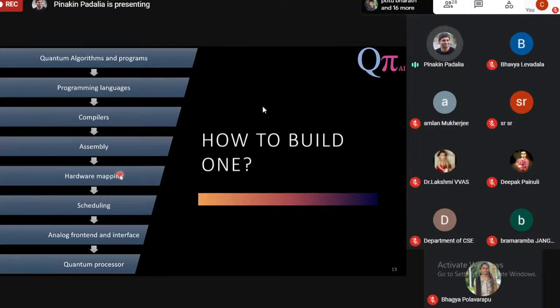Now that we have seen what a quantum bit looks like and how there have been developments in making a quantum bit and what is the general structure for the quantum bit, we'll quickly jump on to see how to build a computer when we have a quantum processor based on these qubits that we see at the lowermost stack. Then it goes from there to analog front-end and interface design, which is essentially controlling, manipulating, and reading those quantum bits. It goes all the way on the software stack, which means